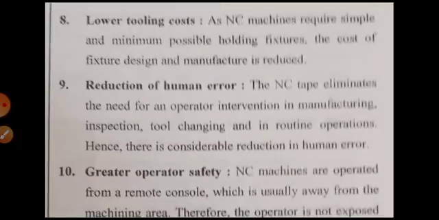Then reduction of human error. The NC tape eliminates the need for operator intervention in manufacturing, inspection, tool changing, and in routine operations. Hence, there is considerable reduction in human error.